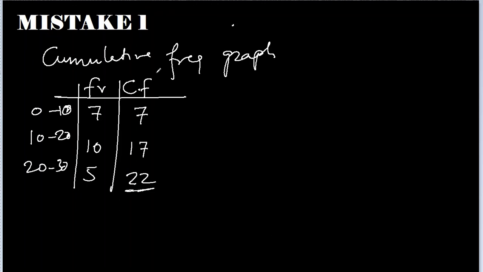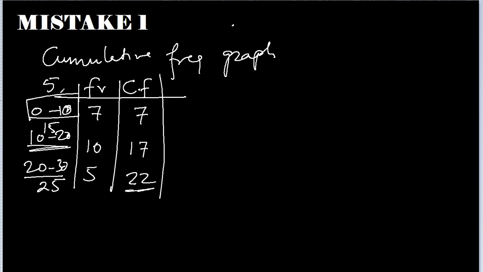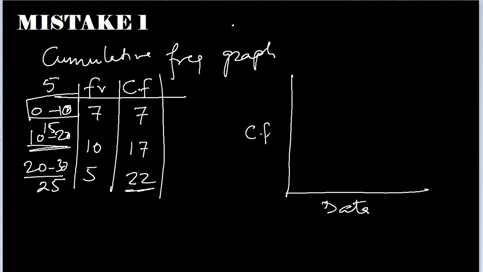So when you plot the points, sometimes students take the midpoint of 0 to 10, which is 5. The midpoint of 10 to 20 is 15, and of 20 to 30 is 25. On the horizontal axis we have the data, and here we have cumulative frequency. So they plot 5 with 7, 15 with 17, and 25 with 22, which is not actually that wrong, but